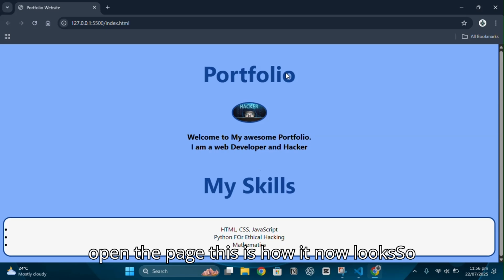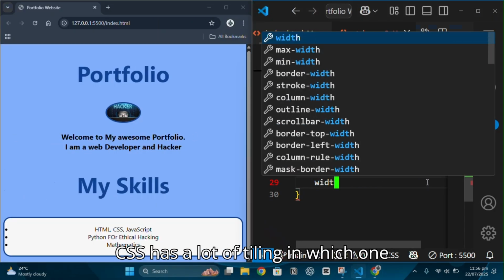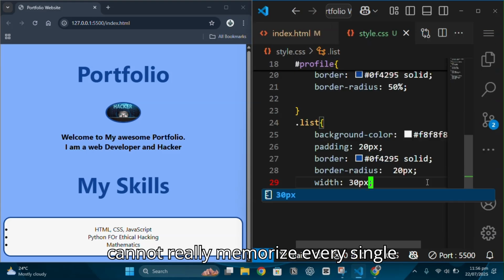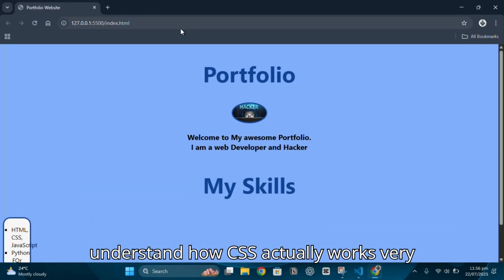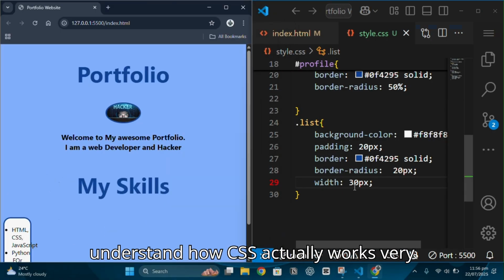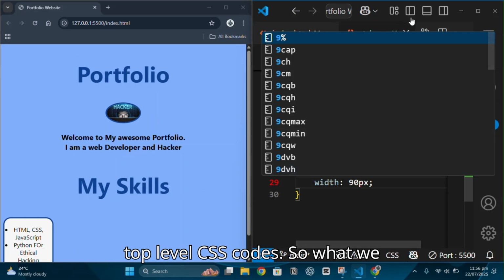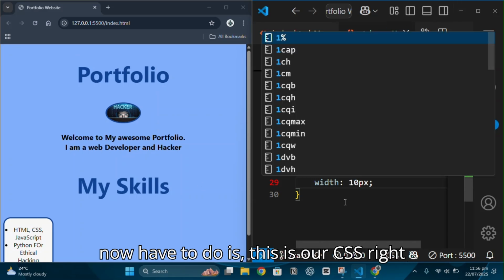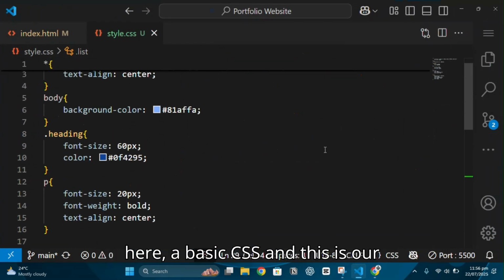When we open the page, this is how it now looks. CSS has a lot of styling, in which one cannot really memorize every single styling code. All you have to do is understand how CSS actually works very well before you get into memorizing top level CSS codes. This is our CSS right here, a basic CSS,